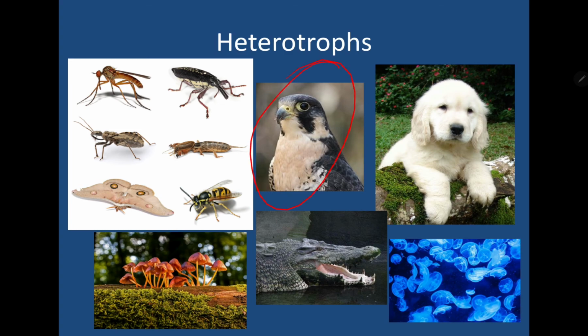We have birds. This type of bird specifically is a raptor because of the hooked beak. So it's primarily a meat eater, another meat eater, another meat eater. These vary, sometimes plants, sometimes meat. These eat plankton, and as many people do not expect, fungi are considered heterotrophs. These are not photosynthetic. Okay, they don't produce their own food through sunlight. We'll explain that in more detail later, of course.